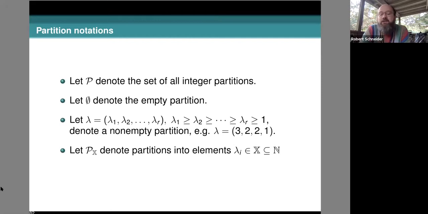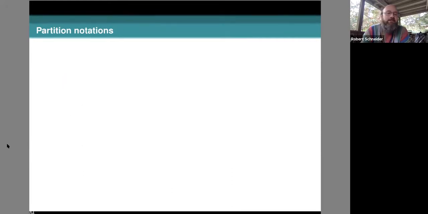P sub x, we're going to let x be a subset of natural numbers. Then this is the partitions into elements of that subset. This is a pretty big specialization of sets of partitions, but they lead to many well-known and nice theorems. Most of number theory that we think of on the additive and multiplicative side falls into this category. But notice that this is a really special condition on the set of partitions, that all their parts would come from the same subset of integers. So I'm just saying, number theory from this perspective is much broader than the types of structures we're looking at. For instance, here we have P sub the primes, the prime partitions.